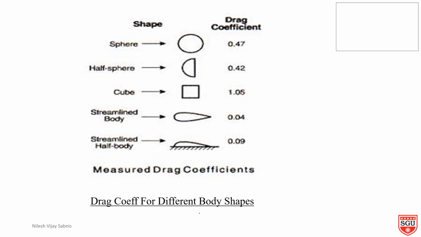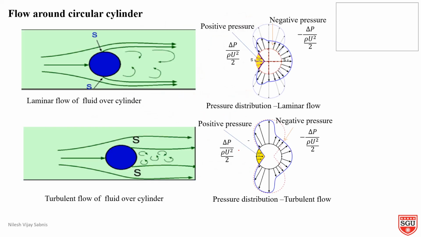Drag coefficients of different bodies: for a sphere it is 0.47, for a half sphere it is 0.42, for a cube it is 1.05, for a streamline body it is less, and for streamline half bodies it is also less as compared to the others. That is the drag coefficient. Let's have a look at flow around a circular cylinder. Laminar flow around a circular cylinder is shown here. In the second diagram you can see turbulent flow over the cylinder. Here are some considerations for both: how the positive pressure is created here and how the negative pressure is created